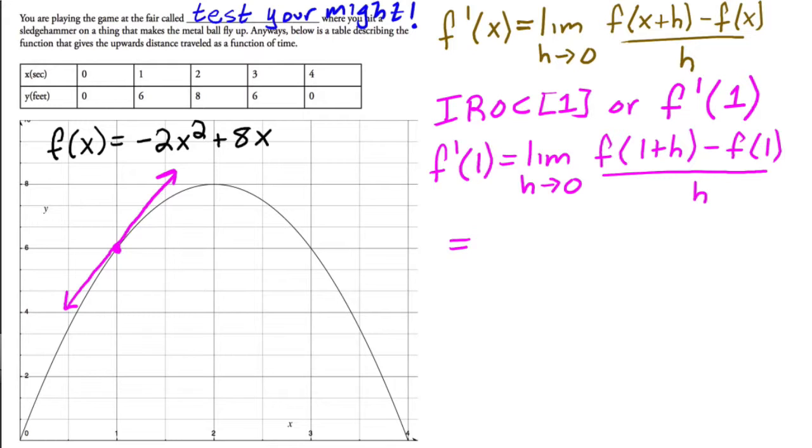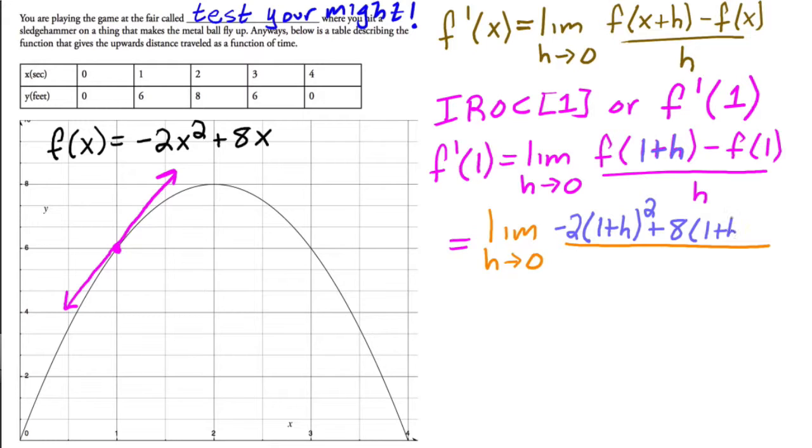Okay, so this is equal to the limit as h approaches 0 of f of 1 plus h. So what this means is plug in 1 plus h inside of your function. So I'm going to have minus 2 times 1 plus h squared plus 8 times 1 plus h minus